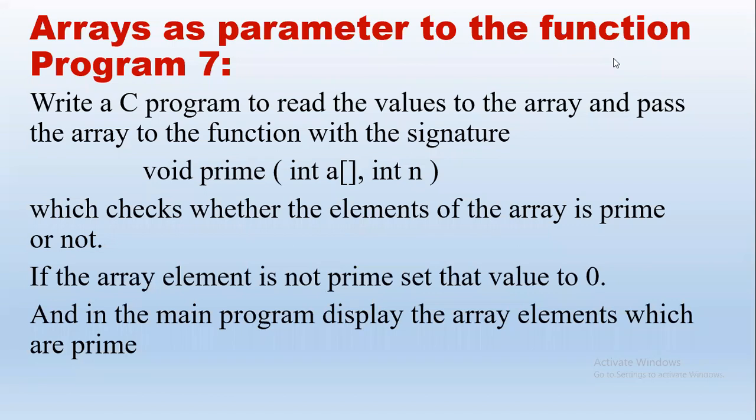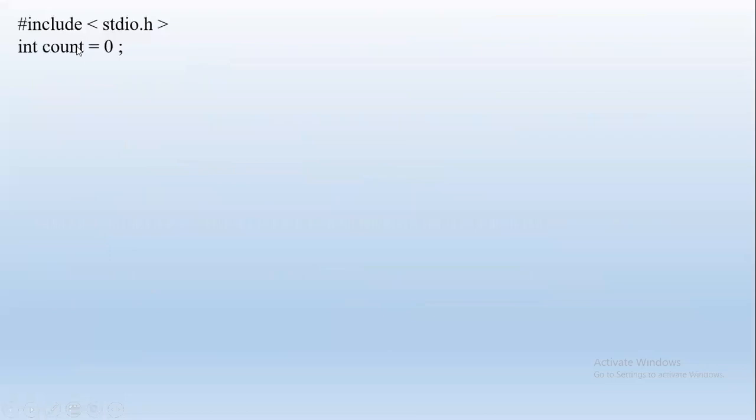Okay, fine. Let us see how to implement this. First, we have the header file, and note this is written immediately, not inside main. If it is written here, int count equal to 0, count is a global variable. In this problem, how to use a global variable? It is written before main, it is declared, and it is not always compulsory to initialize, but in this case, because we require it, we are initializing count to 0.